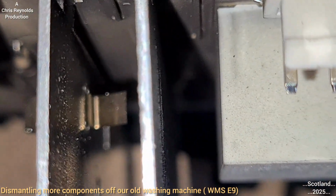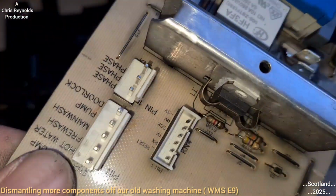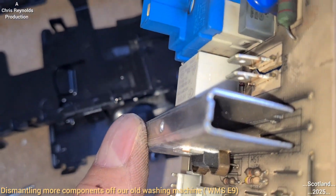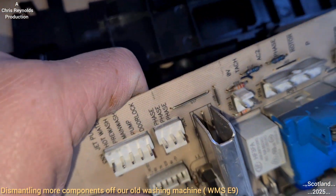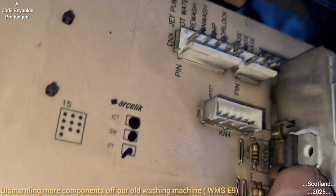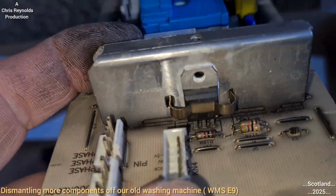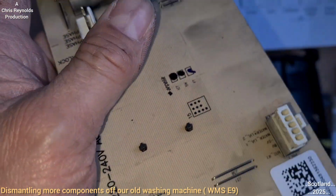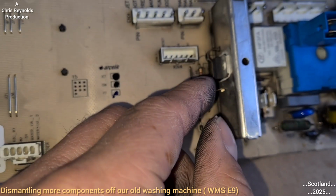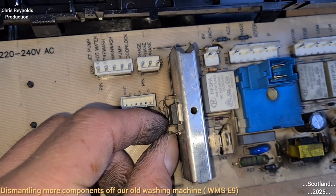So I think that just moves due to thermal expansion or contraction, either or, and as a result it'll make or break a switch. So it'll break the circuit if it overheats. So if the motor starts to overheat, then this will get hot because current will be drawn through this transistor, a MOSFET transistor, I think it's called. So when it's drawing all this current, if it starts to get too hot, then this bimetallic strip, I think that's what it is, will act like a thermostat, and it'll cut the power so it doesn't burn out the